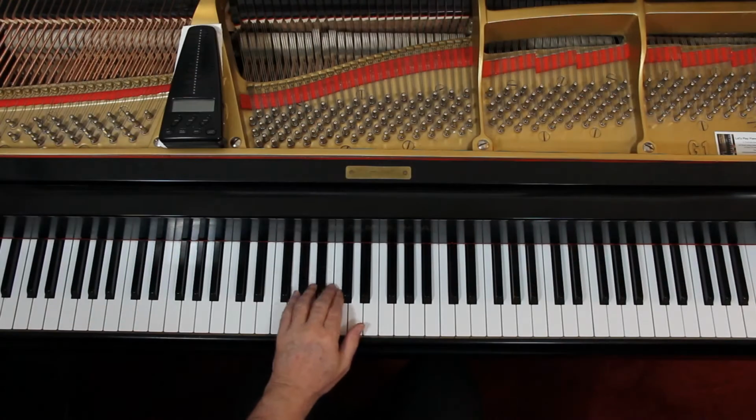It's done sometimes, and it's a way of interpreting things. You can experiment with it and see if you like the sound, because we're not using pedal on this, I hope. I mean, considering the time when it was written, this is probably more for harpsichord than piano. I don't know for sure, but I'm guessing it could be. Half notes,